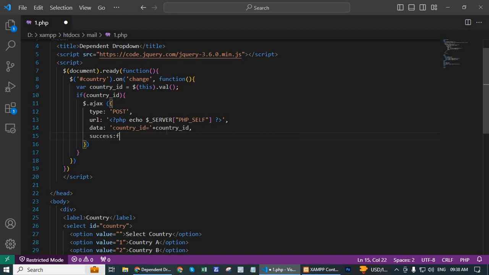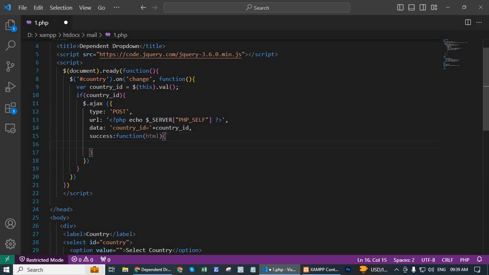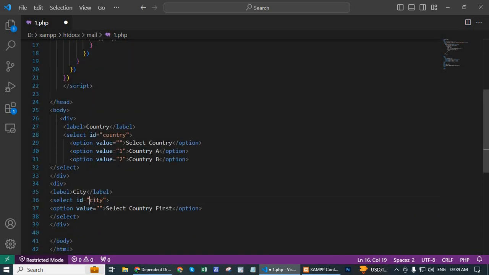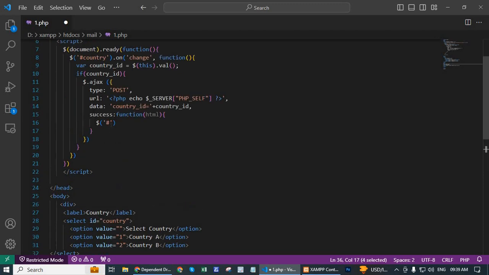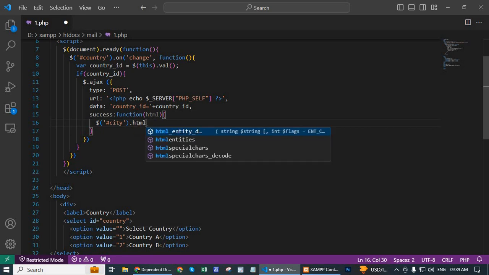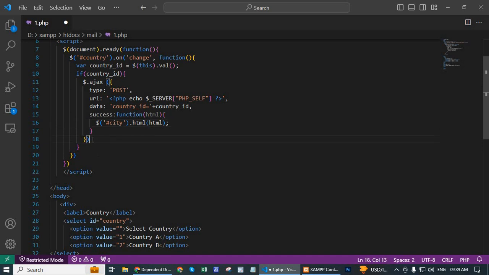: function(html) {}, $('#' pass here this city id, copy and paste here).html(html); semicolon here. After this semicolon, this curly bracket, write else